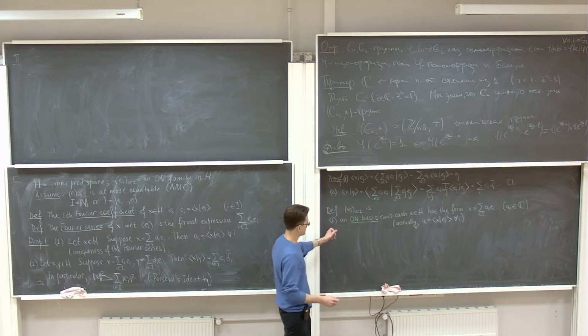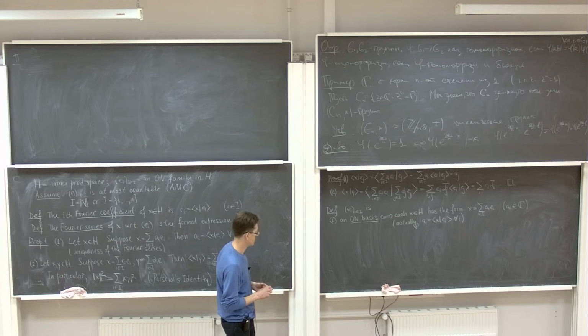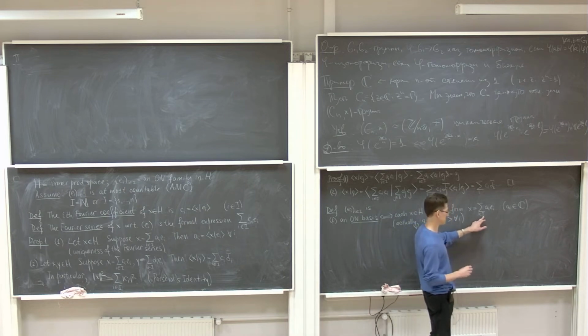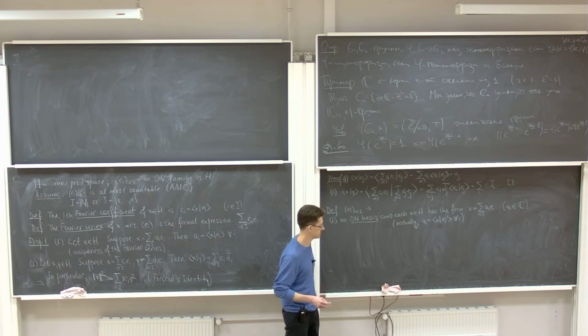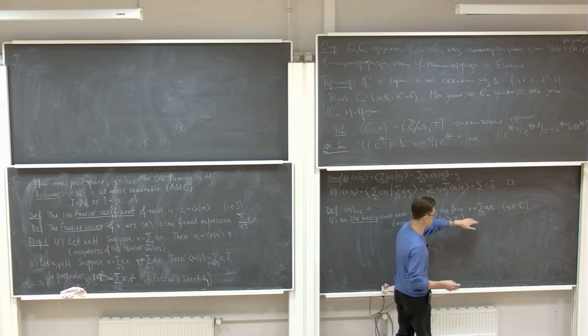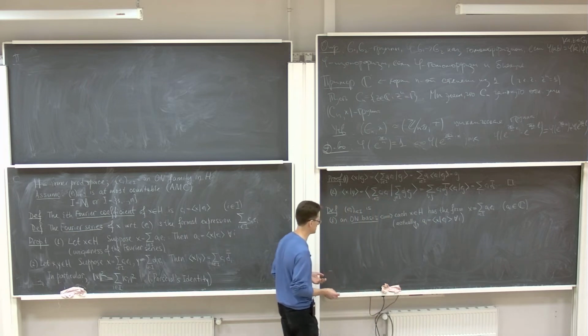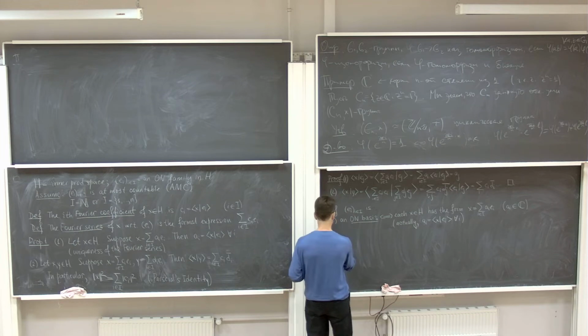By the way, I'd like to stress that an orthonormal basis of an inner product space is not necessarily a basis in the algebraic sense. Of course, if I is finite, then this is true. But if I is infinite, if this is the set of natural numbers, then this is not a finite linear combination. So in general, an orthonormal basis is not an algebraic basis of H. So this is condition 1 on e_i.